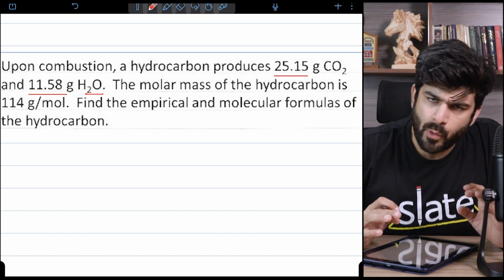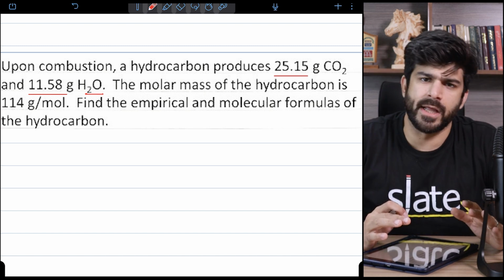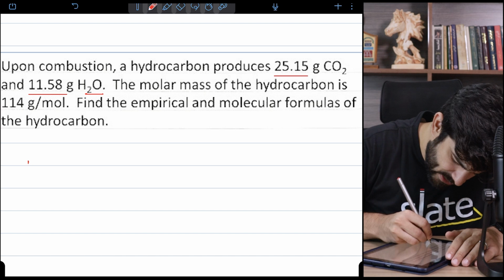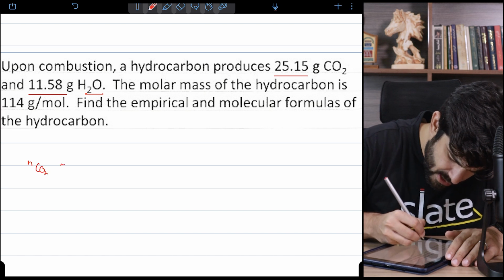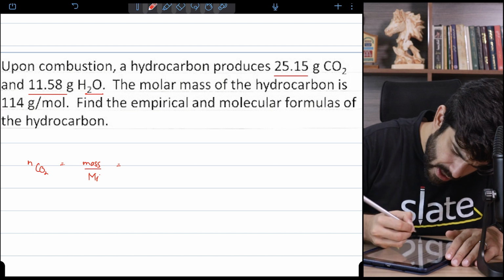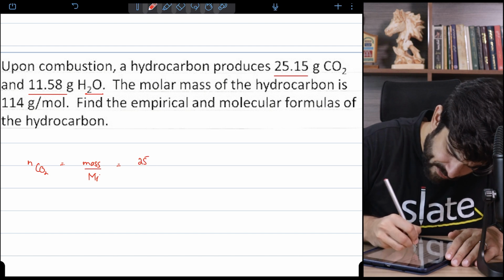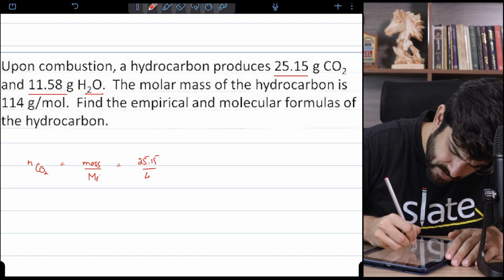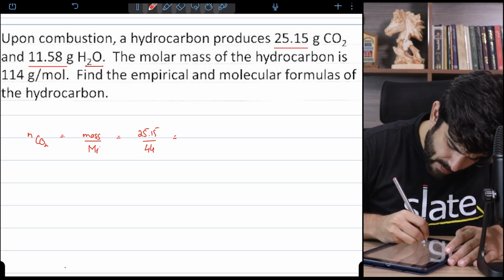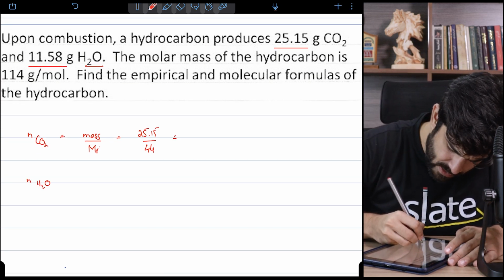So first of all, whenever you see a mass in chemistry, you take the moles. So we calculate the moles of carbon dioxide, mass over Mr. Mass is 25.15, Mr is 44, equals to, let's see,